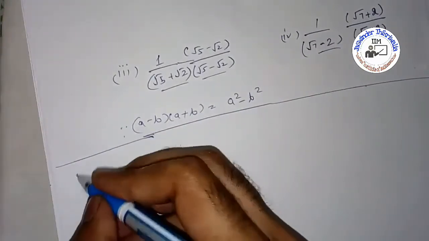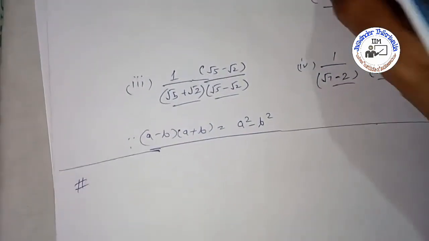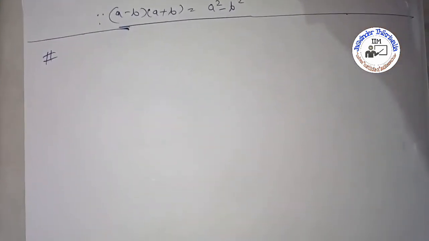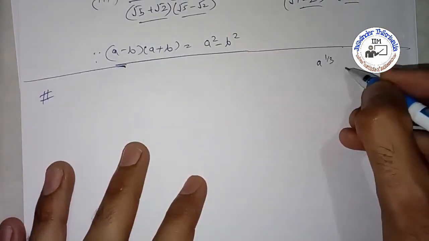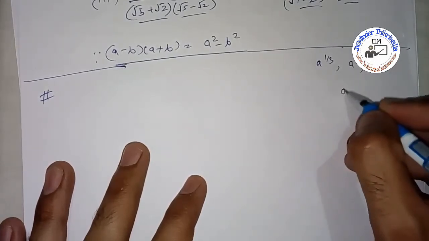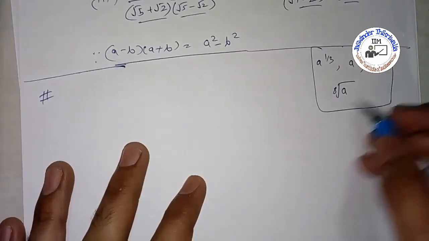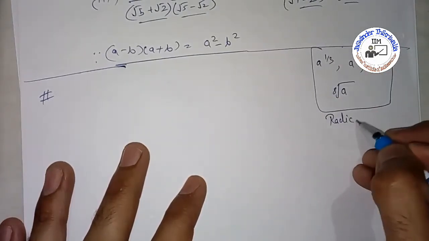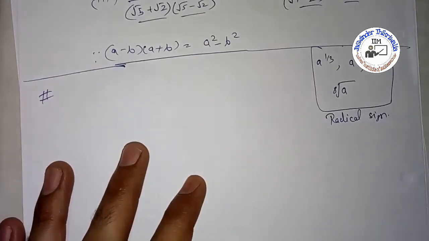Okay, so now the second topic. What is the second topic? The second topic is laws of exponents in case of real numbers. Beta, in real numbers, I told you that there you will get radical signs also. Radical sign means you will get powers like a to the power 1 by 3, a to the power 1 by 6, a to the power 1 by 7, a to the power root 8. Okay, these are all radical signs. On these we will now apply the laws of exponents. Very simple laws are there.